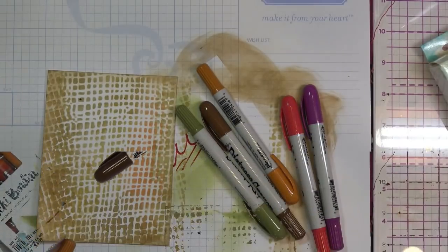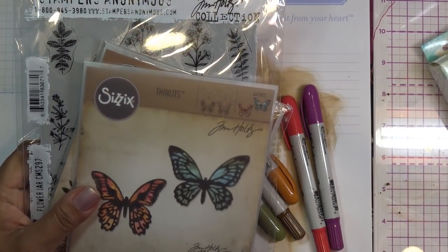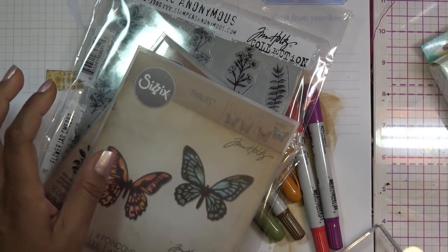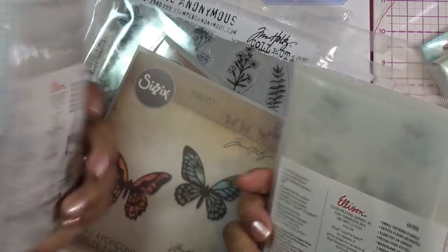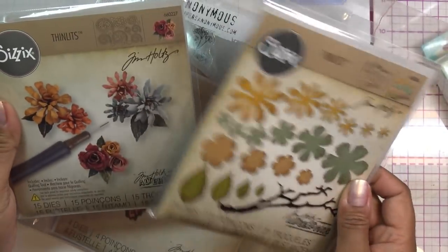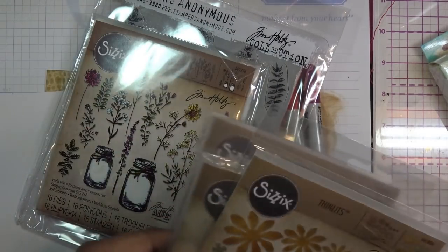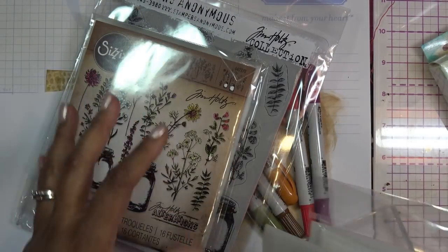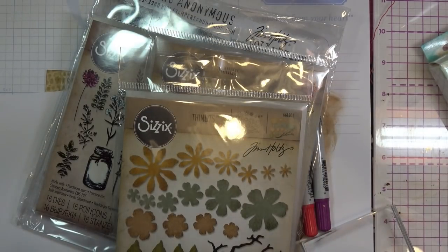I'll be right back. Okay, so this is not what I was thinking about. I wanted to make my own flowers. I do not know what I did. Oh my gosh, all I did was turn around and here they are. I was like, I know I put them somewhere easily accessible. Darn it. Now I don't know what I want to do. Because then I moved on. I thought, you know what, I'll use these little guys and I'll color them with the stamps, you know, with the crayons. But now that I have these, which is exactly what I was looking for,